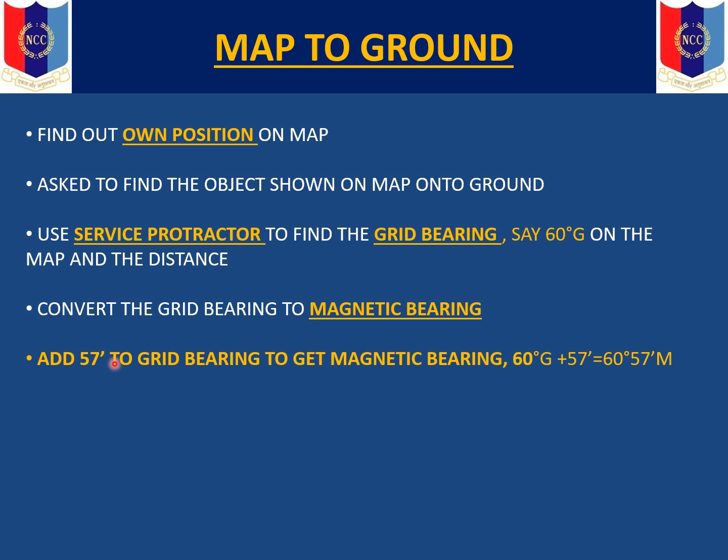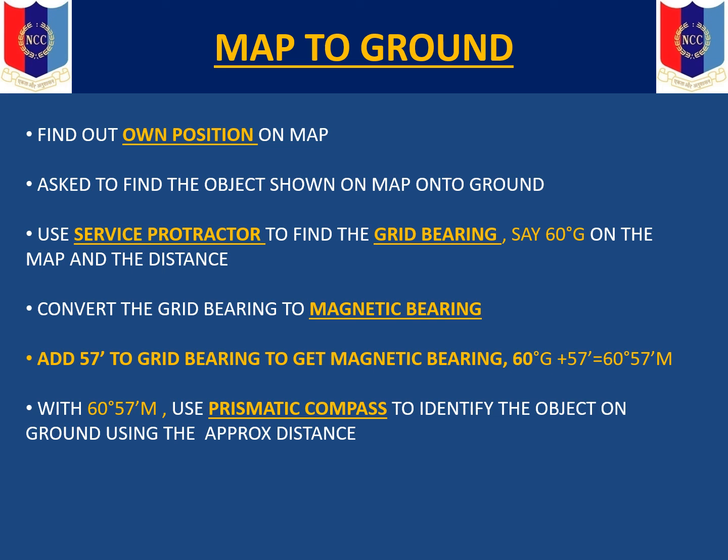but may not be possible or practically feasible, because generally when you get the map sheet on the ground for the test, the portion wherein this statement is given will be folded inside and you'll not be able to make out unless the invigilator purposefully gives out that statement and tells you to find out the grid bearing as well. So here I've added that step. So from the previous slides we have found out this is the variation between the grid and the magnetic north. You have to add 60 degrees to it. You get 60 degrees and 57 minutes.